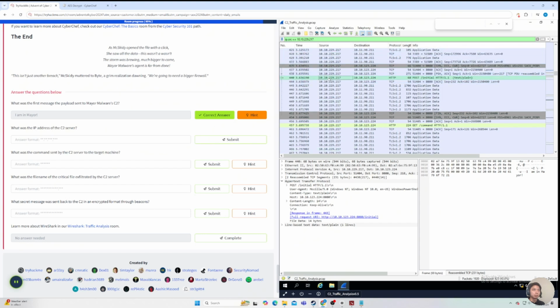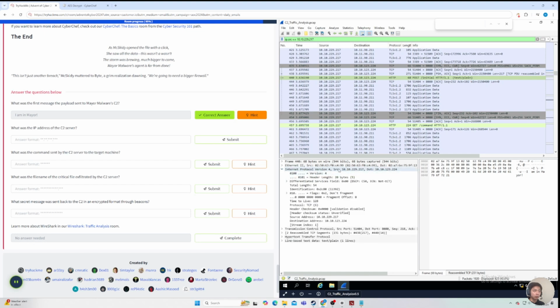So we have the initial post request right here. Let's see where it is. Right here, the Internet Protocol version 4. Over here, not only does it display the source IP address, but it also displays the destination's IP address. So in this case, I suspect this one is the C2 server's IP address, which is 10.10.123.224,